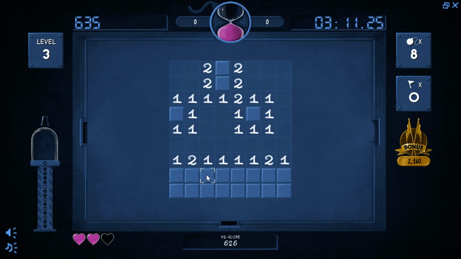The problem I foresee here, though, is the way this all works. There's 8 minus the 4 here, so there's 4 mines down this path. And so this could be 1, 2, well actually it can't, and this can't be 1, 2, so this and this,